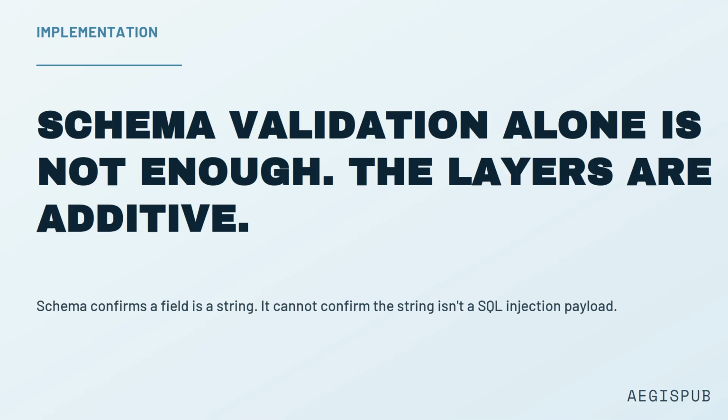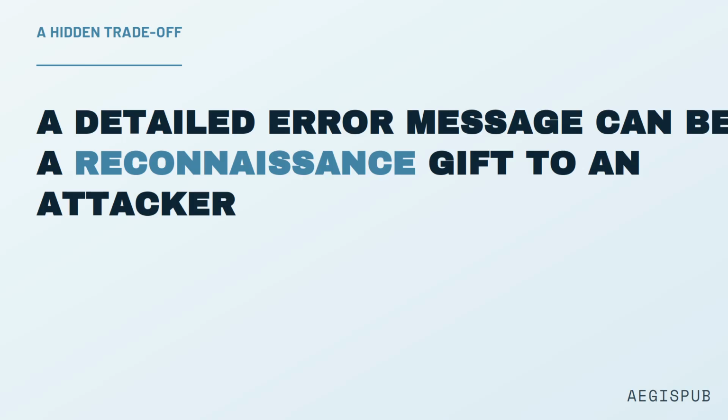A practical implementation decision that often gets overlooked is what to do with validation failures. Failing loudly to the sender, returning a 400 status with a detailed error message, is the right approach for legitimate senders who made an honest mistake and need to correct it. But it can also be a reconnaissance gift to an attacker who is probing the API to understand its validation